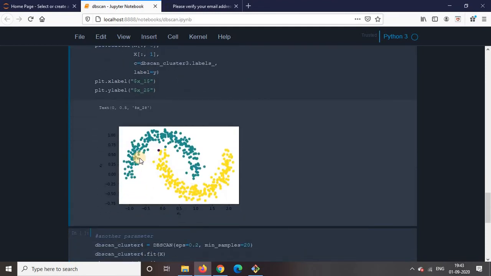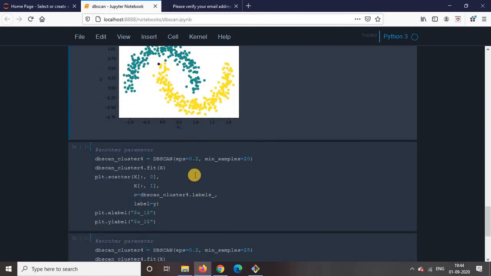So here you can see this is one cluster, this is one cluster, but this one here is nothing but noise. So DBSCAN not only finds the clusters, it is also able to find the noise.